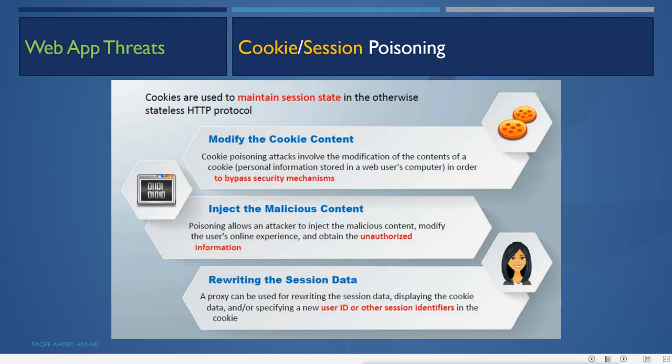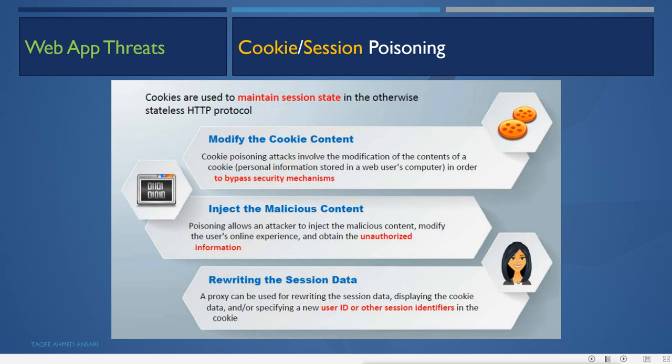For that it will use a proxy like OWASP ZAP or Burp Suite. First, the attacker has to be in the middle. That means it will do a man in the middle attack. Then it will run software like Burp Suite, which creates a proxy.